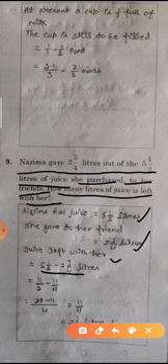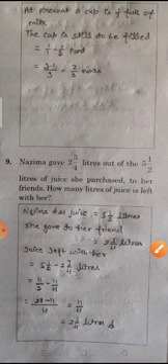So first we convert into improper fractions. So 2 multiplied by 5 is 10 plus 1, 11/2. 4 multiplied by 2 is 8 plus 3, 11/4. So the LCM of 2 and 4 is 4. In the first fraction we make the denominator 4, so we multiply by 2 in numerator and denominator. So 11 times 2 is 22, 2 times 2 is 4. 22 minus 11 upon 4 is 11/4. Now we convert into a mixed fraction. So 2 whole 3/4 is the answer.